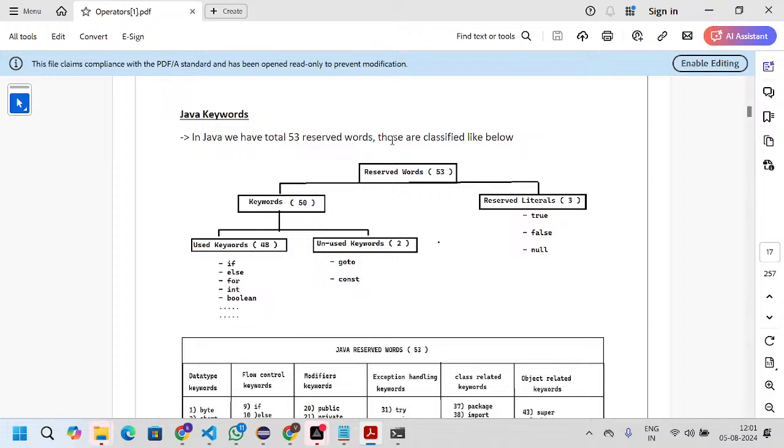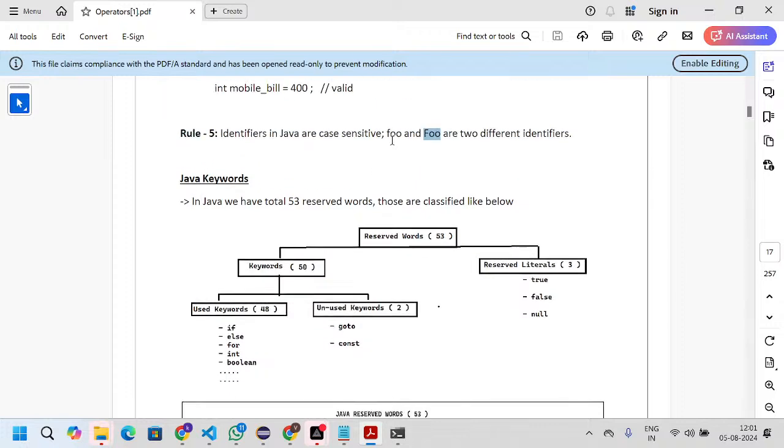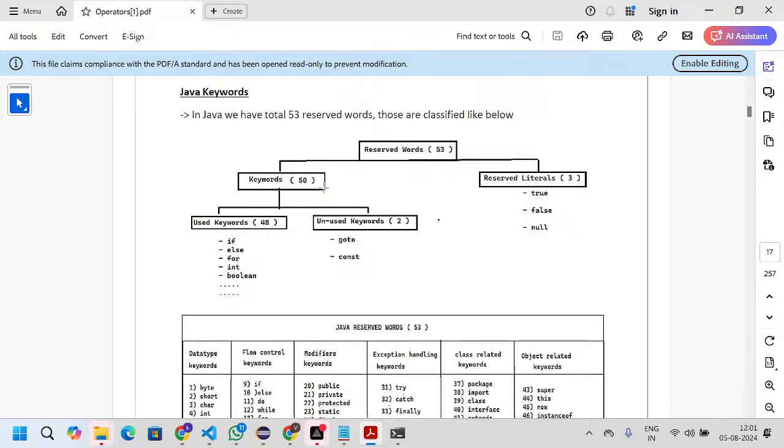Keywords. Keywords means the words already have their own meaning. We have 53 keywords. Again, they are categorized into two categories. One is keywords, the second one is literals. Under the keywords category, we have 50 keywords. Here we have the three words true, false, null.